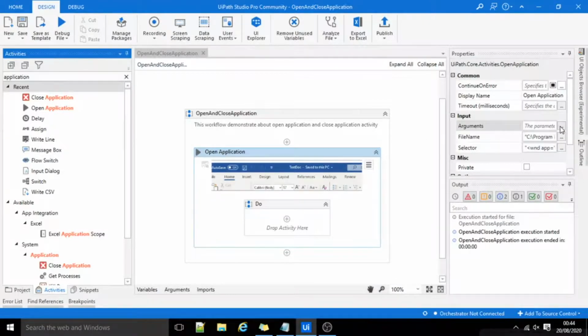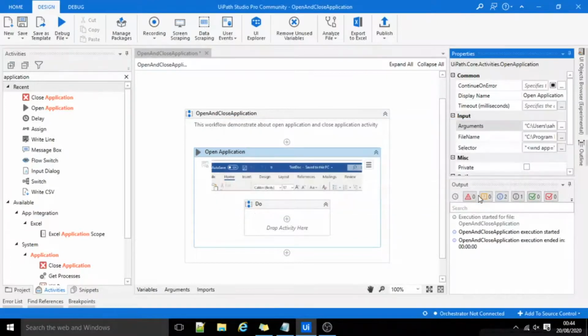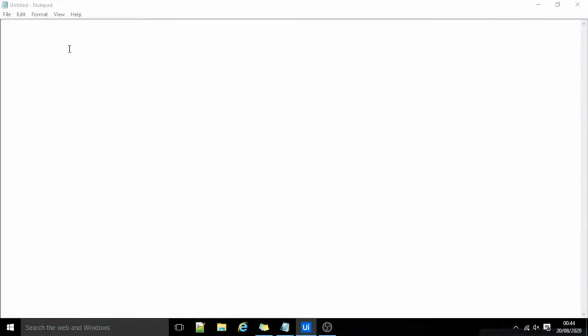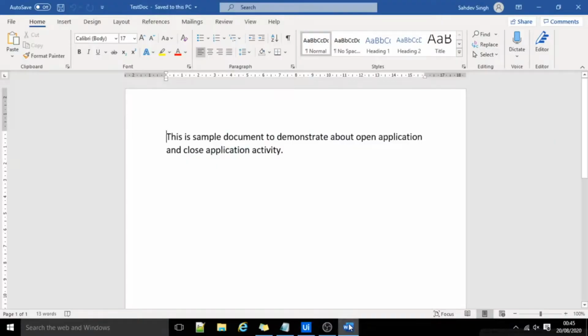Here in arguments, we need to specify the path of our file. We will specify this in double quotes. I will execute this again. This time it has opened our document.